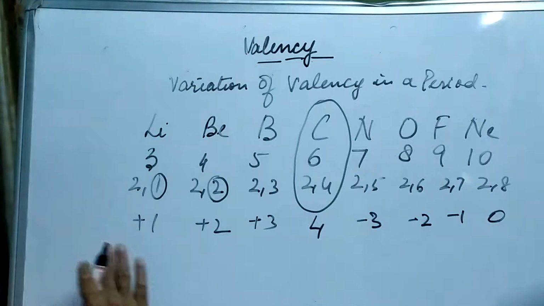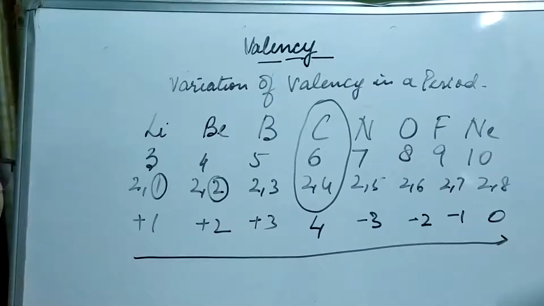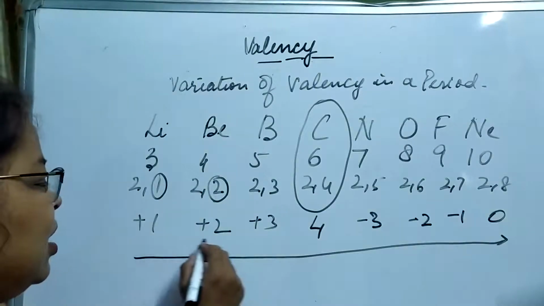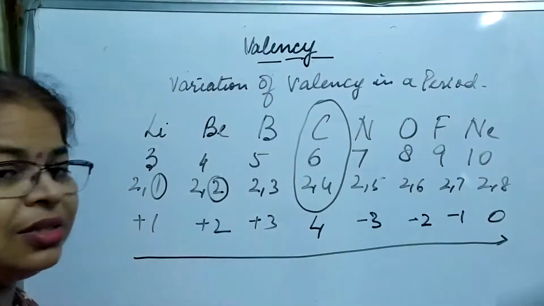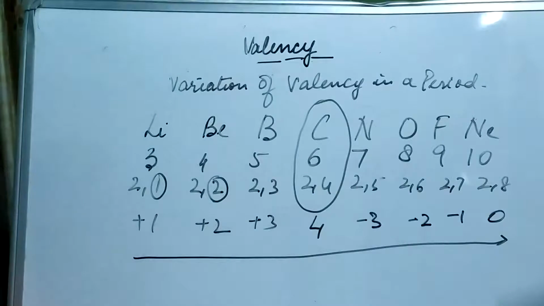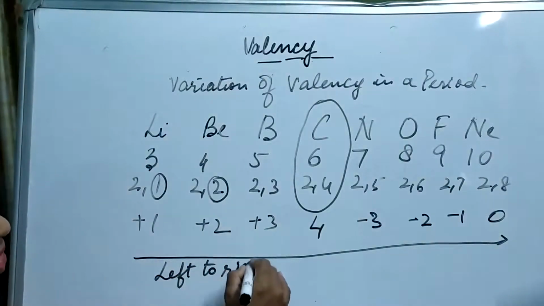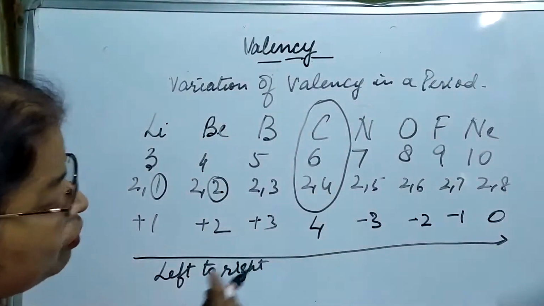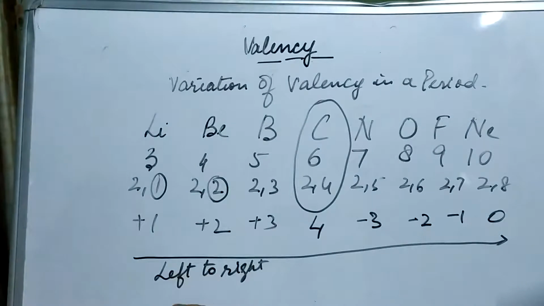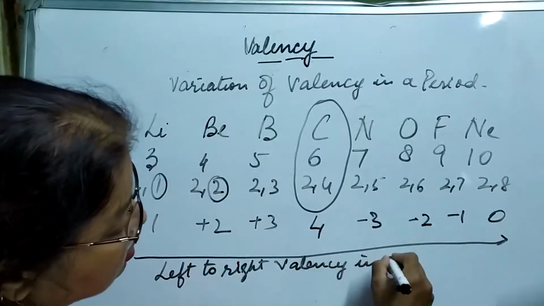Okay. So now what is the trend in a period? When we move from left to right, what is actually happening? First the valency is increasing till 4 and after that it is decreasing. So what can we say? We can say that on moving from left to right in a period, the number of valence electrons increases, or we can say the valency increases